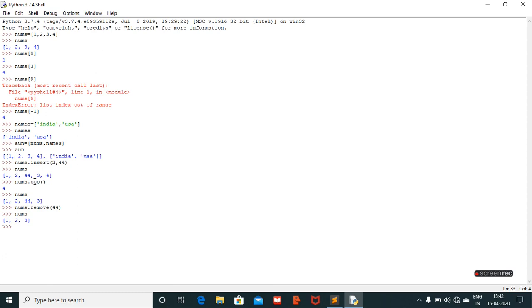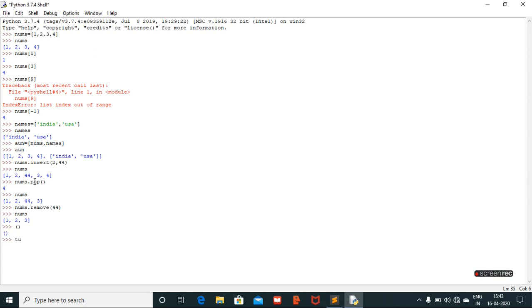Now we are moving towards the tuple. What is a tuple? First, we use a tuple to store the elements, and you cannot change the value inside the tuple. Means tuple is immutable. Once you have stored the value inside the tuple, you cannot change it. So this is the meaning of immutable, and it is denoted by the parenthesis. Like this you denote the tuple.